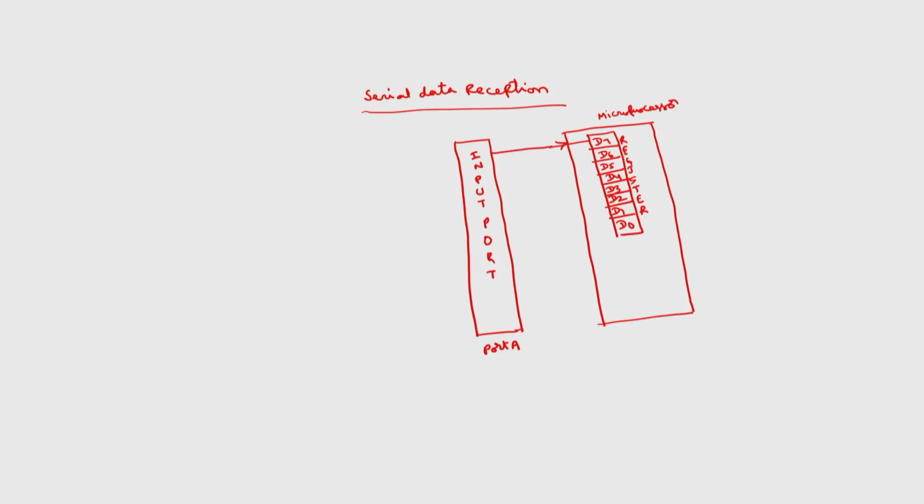Then the microprocessor will generate the address corresponding to this input port. Like in the previous program, we assumed that the port A address is FCH. That FCH, or whatever the address will be, is generated by using this address decoder. This will connect to the chip select signal. This is the address decoder. AD stands for address decoder.